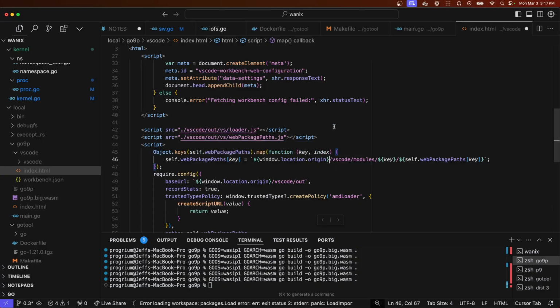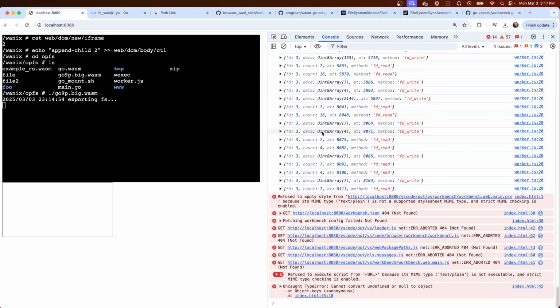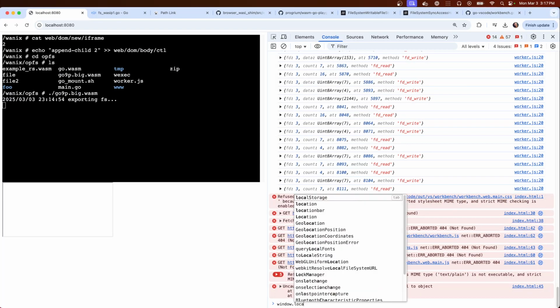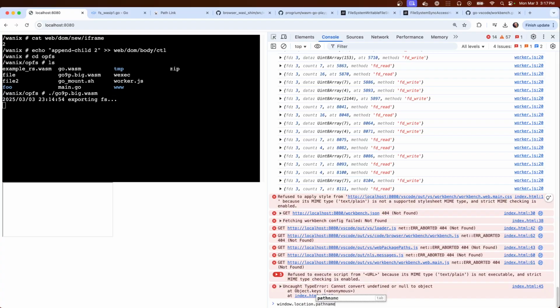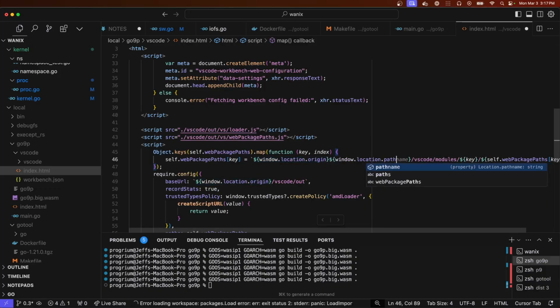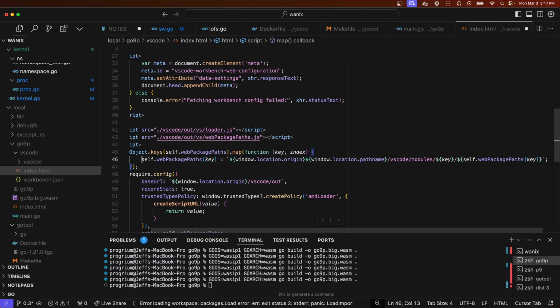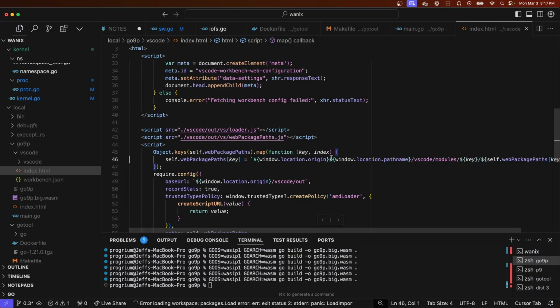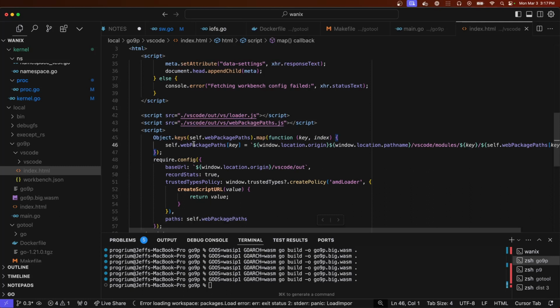What do I put? Path? Window location. Path name. Could double slash, but that's probably fine.